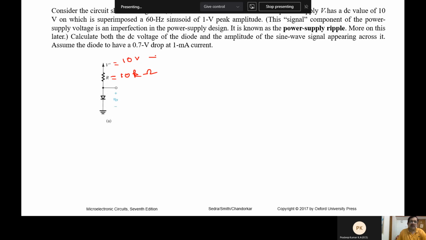So look at this value, 1 volt with respect to 10 volt. It is 10% of the DC value. That is what we require. We can't have a comparable value, then to perform the small signal analysis will be absurd. So you have to be very careful whether we can apply small signal. Through this problem, from the result, we can infer that we will be able to apply the small signal correctly.